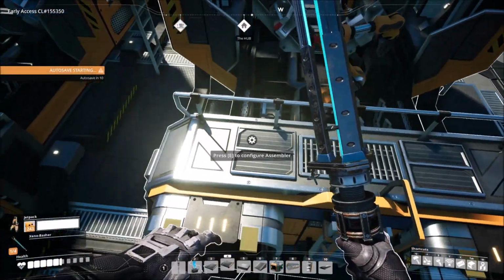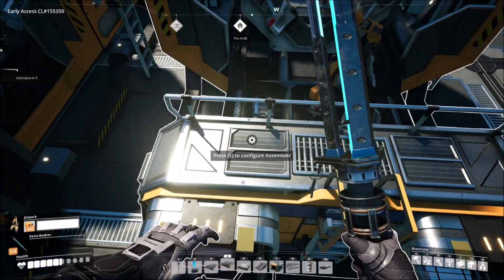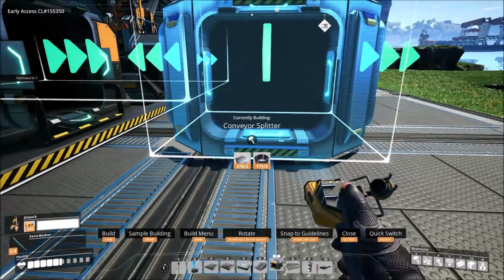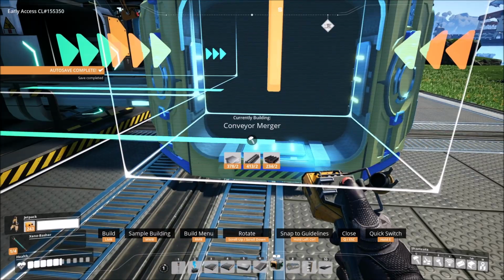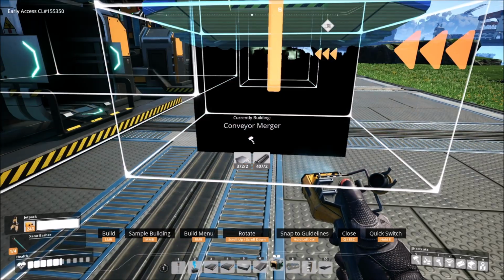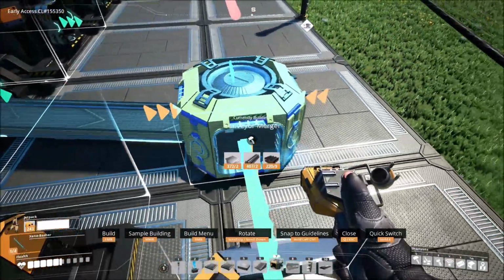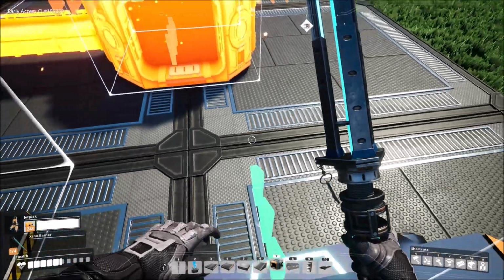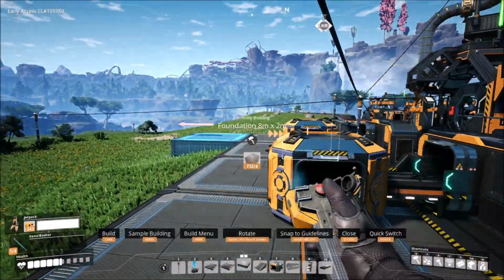And what'll happen is the copper ingots will come here, make the aluminum alclad sheets for us, which I'm going to set up mergers for. Okay. And then you guys can have some mergers too. Okay. And then what we're going to have